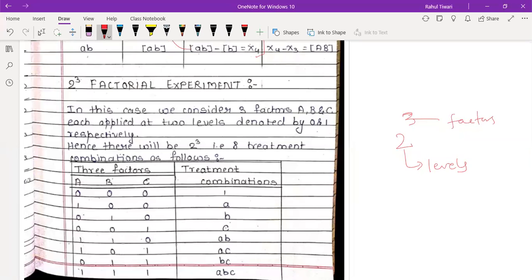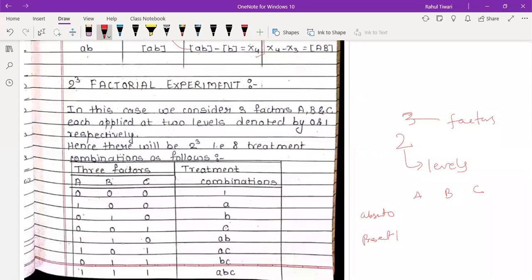As I gave the formula and explanation, A, B, C with 2 levels. So A with 0, B with 0, C with 0 is one. Similarly, A with 1, B with 1, C with 1. Remember, this is simple. We have considered the normal effect. So if I'm assuming A with all the levels, this you can call absent, and this you can call present, for example.